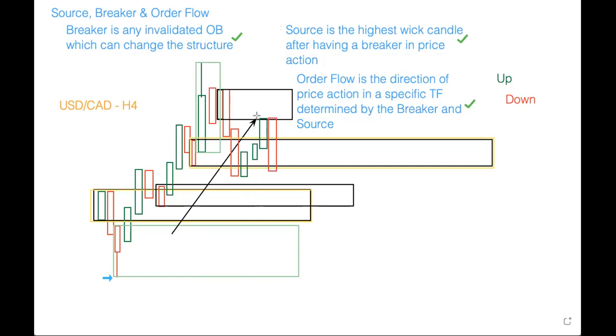So here we can see another bearish order block. And of course, the order flow is to the downside now. So right now, the order flow is down and is not up anymore. So now you should know that